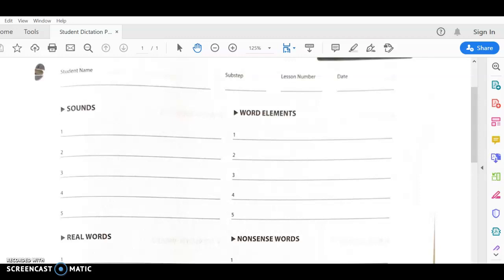Today we're going to do our dictation. I have this paper uploaded. If you want to print it off, if you don't have access to a printer, you can just do it on a piece of paper. That's fine. Just make sure you put sub-step right here,